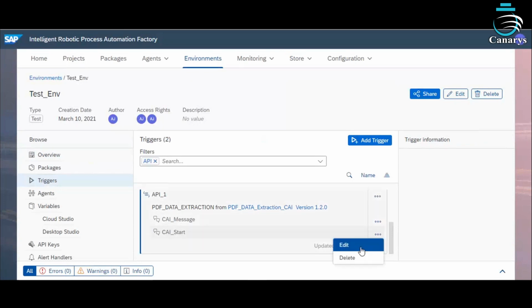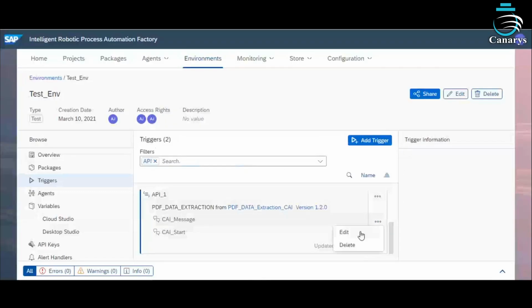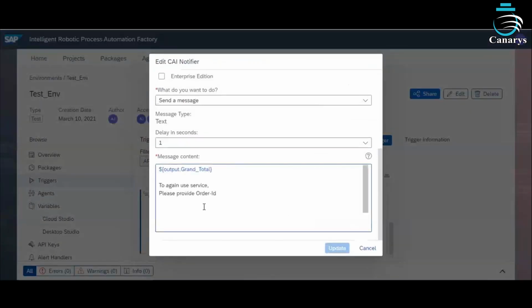When the process starts, it will give a message saying that RPA bot is searching for your order ID. And when the process is completed successfully, it will give out a message of grand total and also a message saying that again use service, please provide order ID.